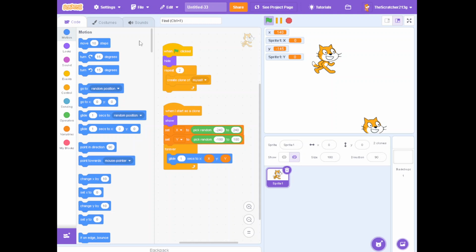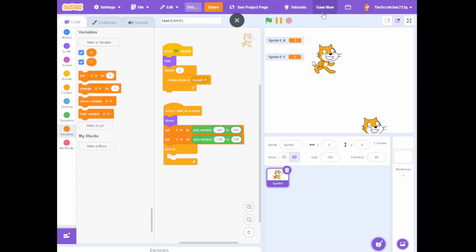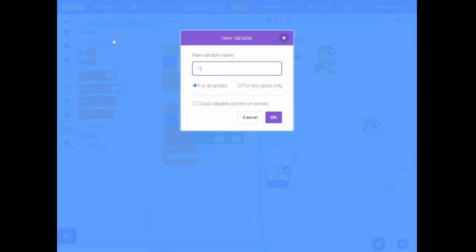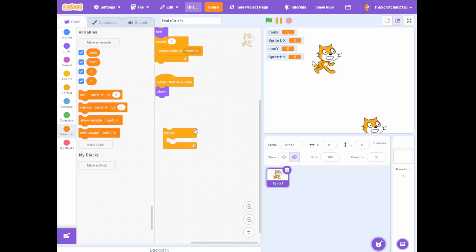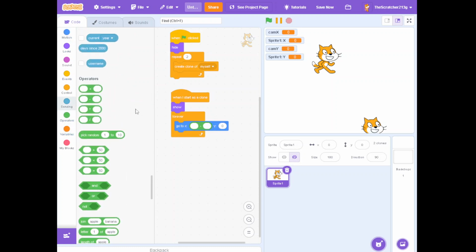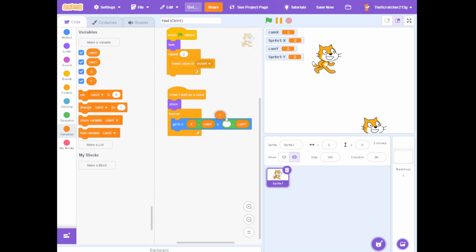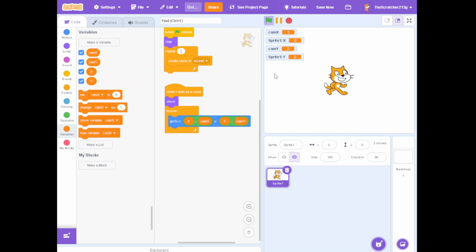Okay, so let's say we delete the for all sprites variable ones and keep these. Let's say we do cam x for all sprites and cam y for all sprites. Then what we're going to do is simply set x, and then use these, and of course put our cam X, and the second ones in the cam Y, and then put the cam Y subtracted with the cam X. Now, if we put these into sliders, with the cam X and Y,